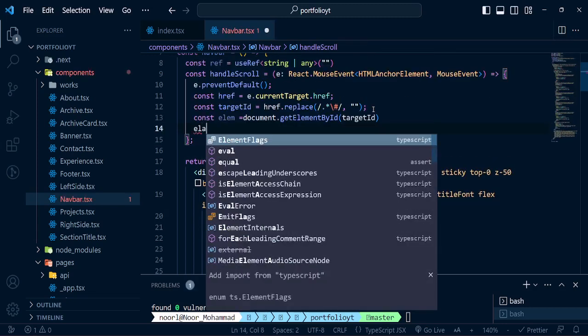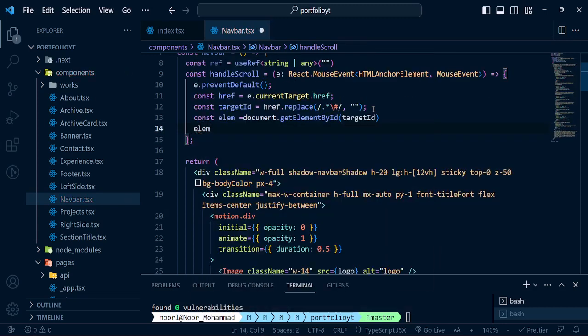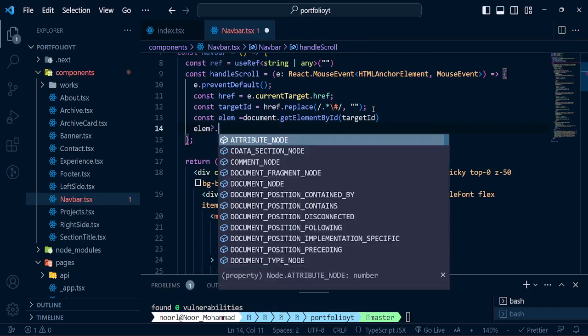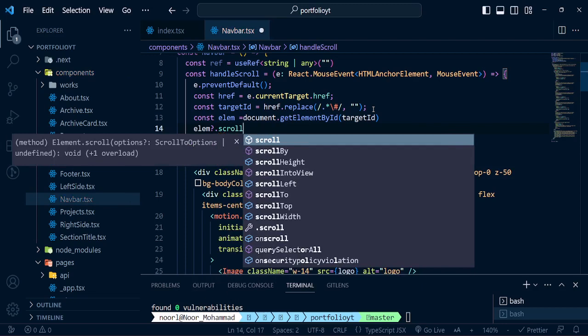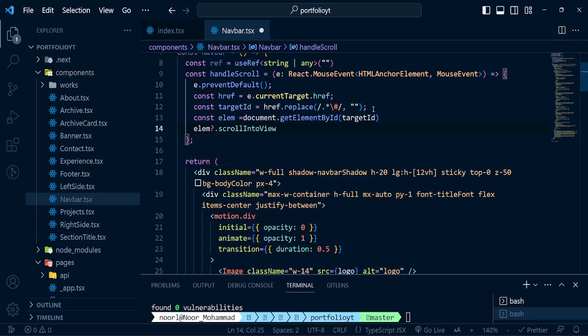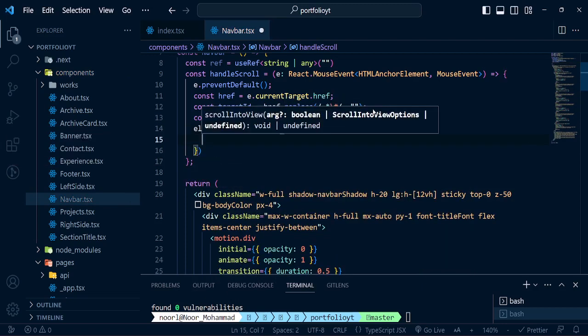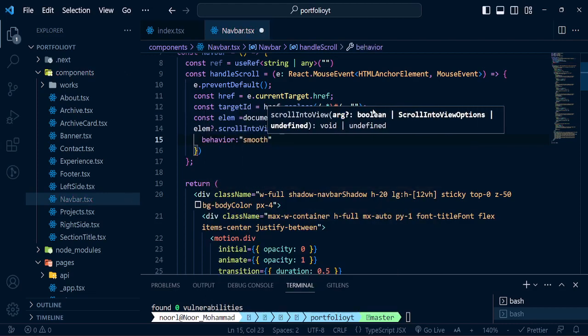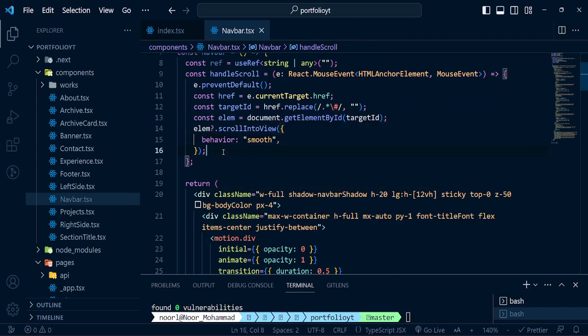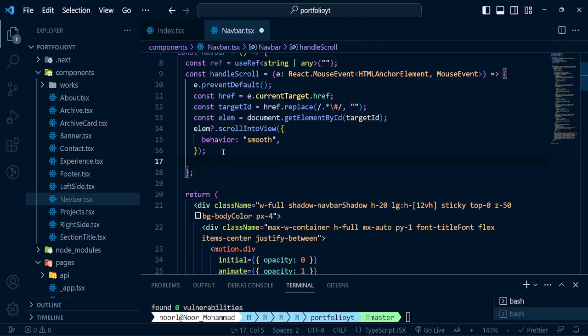And now if the element is there, it will be scrollIntoView, and to that we're going to pass a behavior, which will be a smooth behavior. Okay, if that is passed, it will work. Now we are passing that smooth behavior, but what we need to do now is